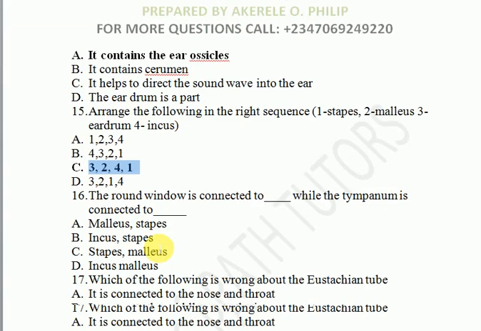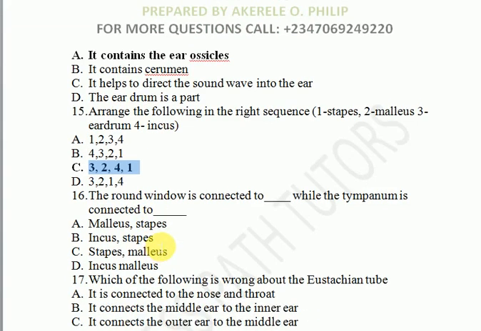That's the arrangement from left to right if you're looking at the ear. The round window is connected to what, while the tympanum is connected to what? Now the round window is connected to the stapes while the tympanum is connected to the malleus. So it's going to be stapes and malleus. Alright,